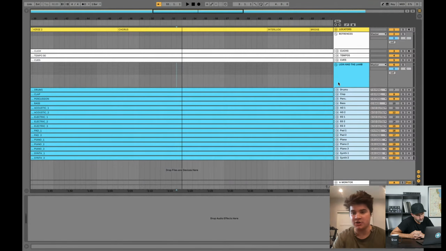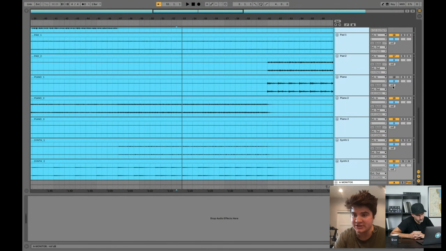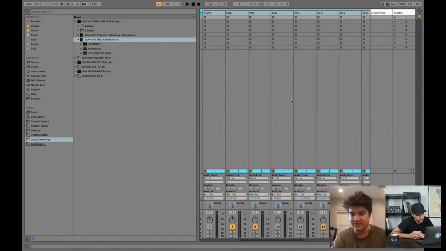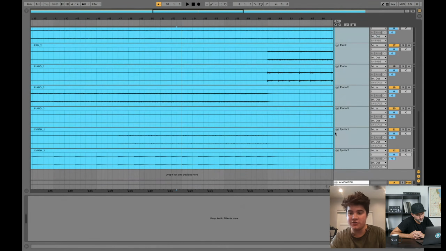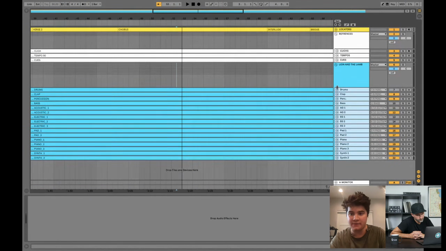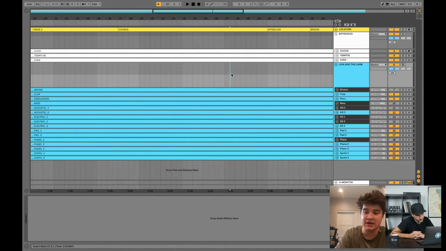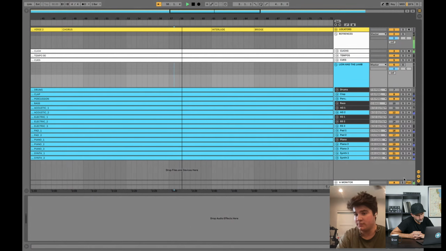All I need to do is open them up, and this right here is your A Monitor send. If you're in session view like this, it's right here as well. That's your A Monitor. And now, even though I'm routed to my TracksRig and everything's ready to go for the weekend, I can still hear my stems running through my A Monitor.